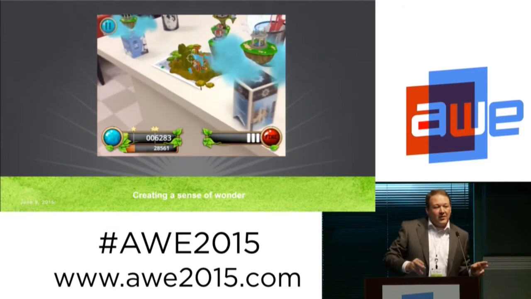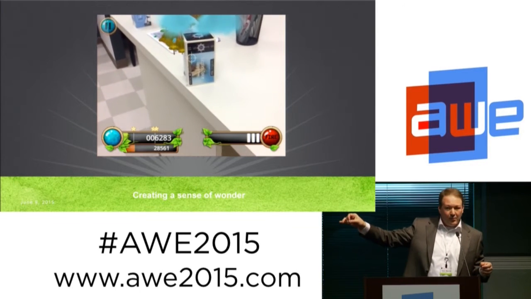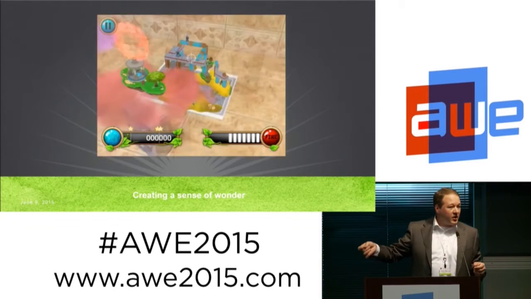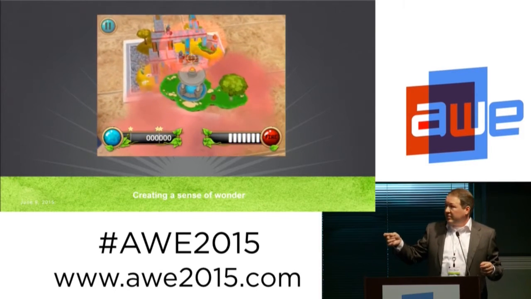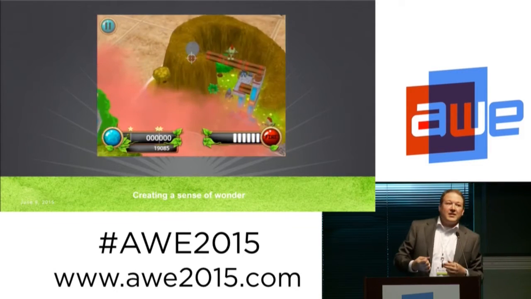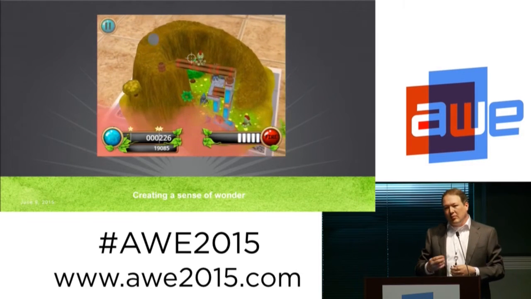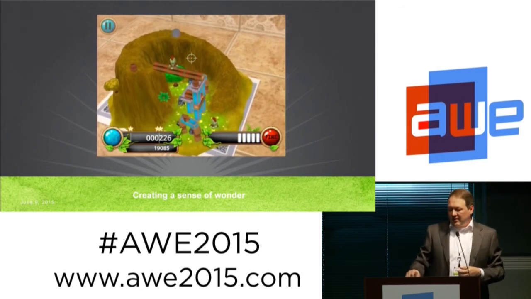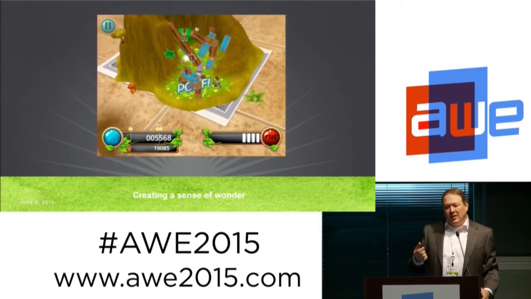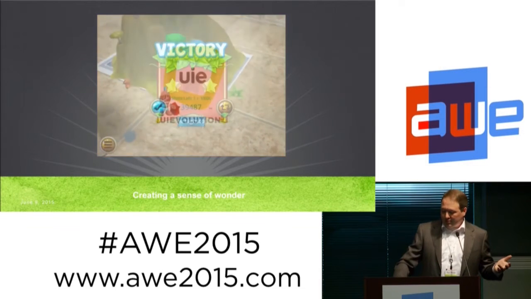But the point I'm making here is that none of these require advanced hardware. You don't need an RGBD camera, if there's devs in the room, a camera that does depth. You don't need special hardware. These are off-the-shelf, widely available tool sets. Because I think, frankly, that we tend to sell AR a little short, and it's a little more profound and a little more exciting than some of us have made it so far. The fact that your computer can now see has implications that go way beyond a children's pop-up book.